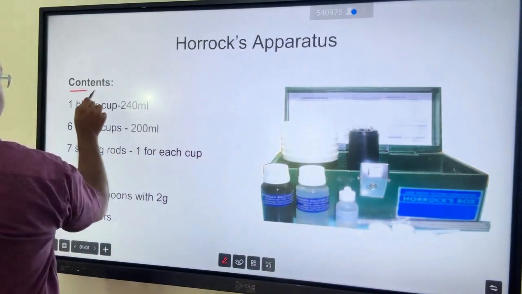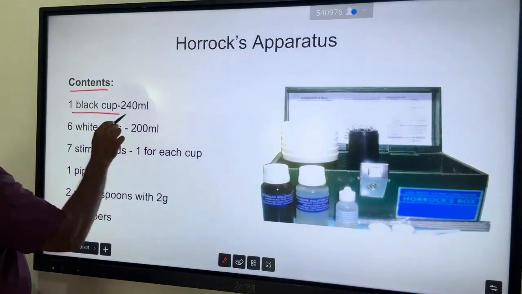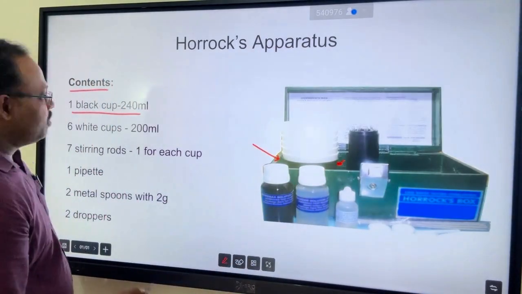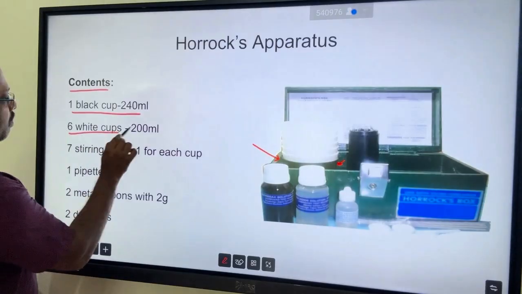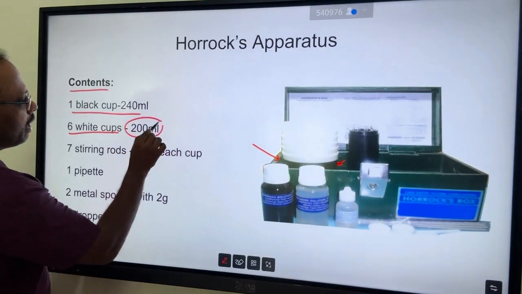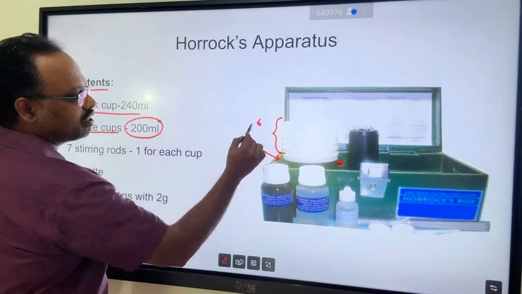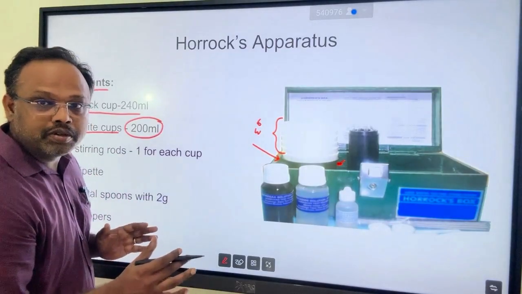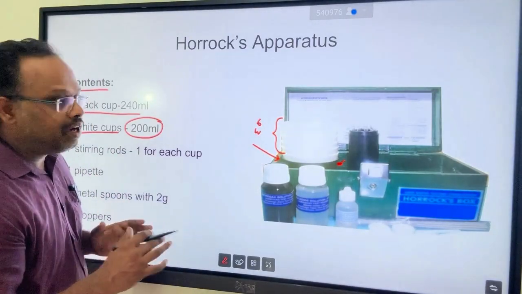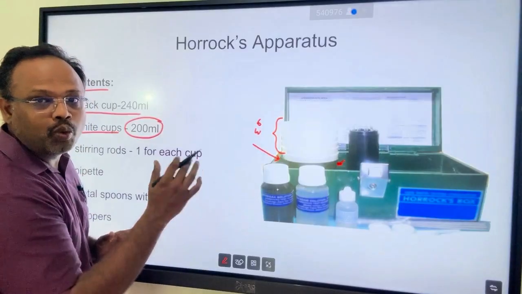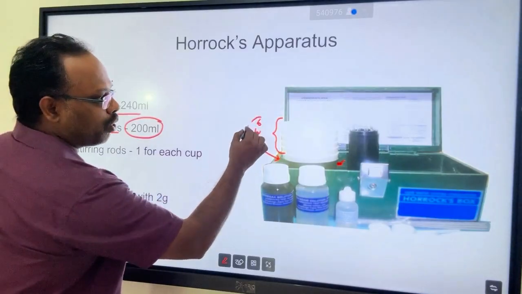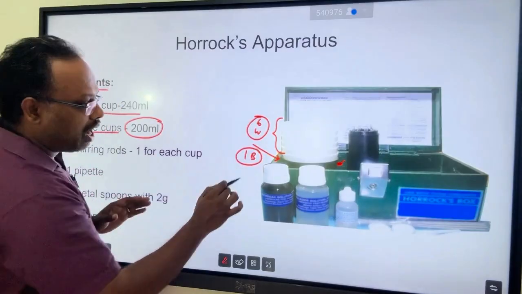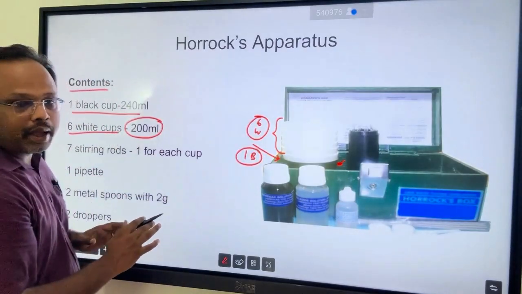Now, what are all the contents of this Horax apparatus? We have one black cup which measures about 240 ml, which is present at the base of this picture, and 6 white cups which carry 200 ml capacity. These are the 6 white cups, and you should not confuse yourself. Most people will write 6 black cups and 1 white cup. So it is 6 white cups and 1 black cup. We need to remember that first. This black cup has 240 ml capacity,